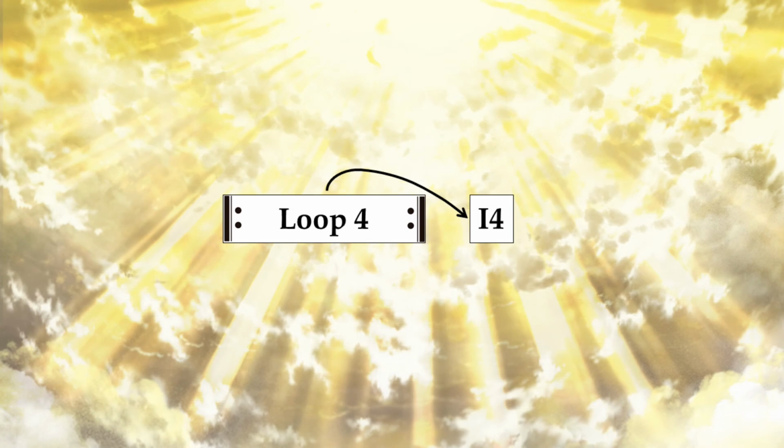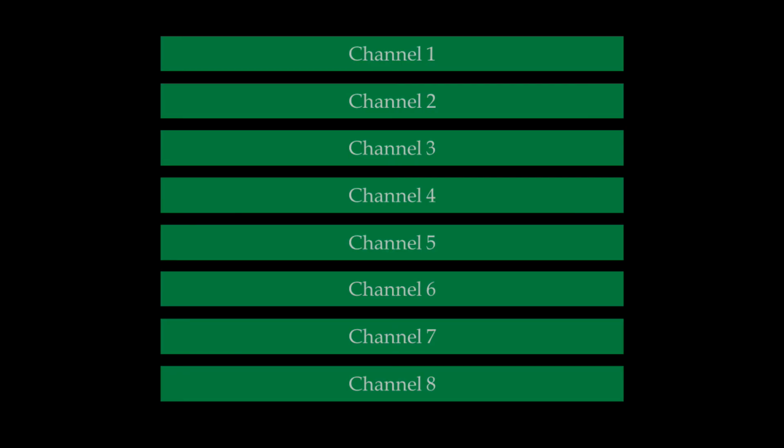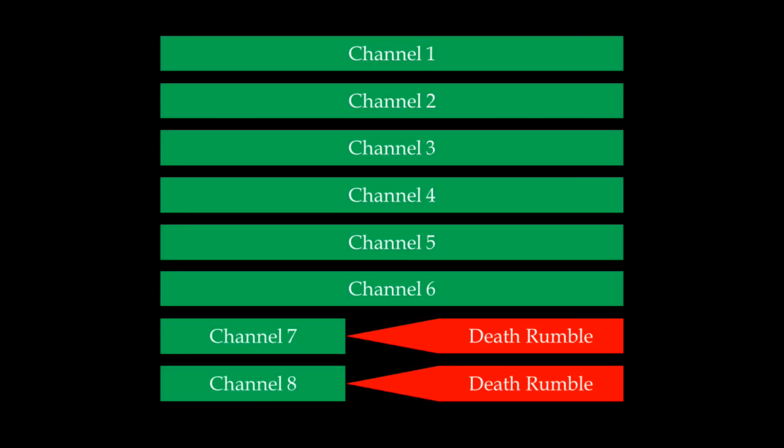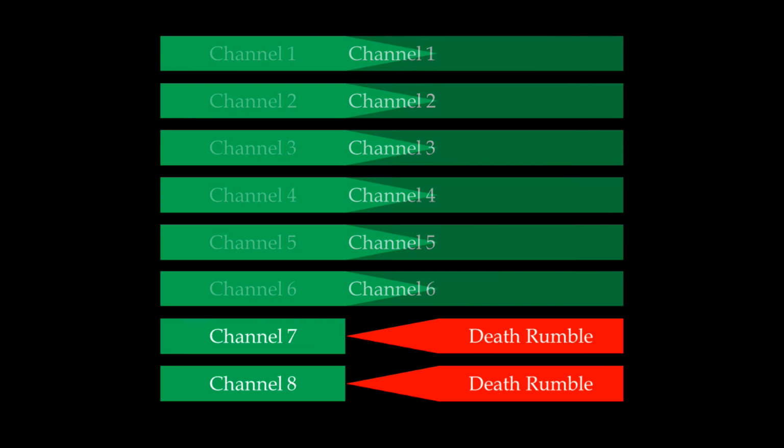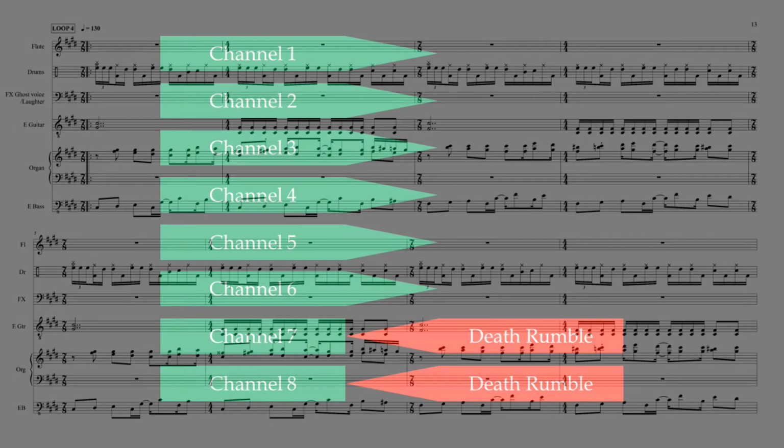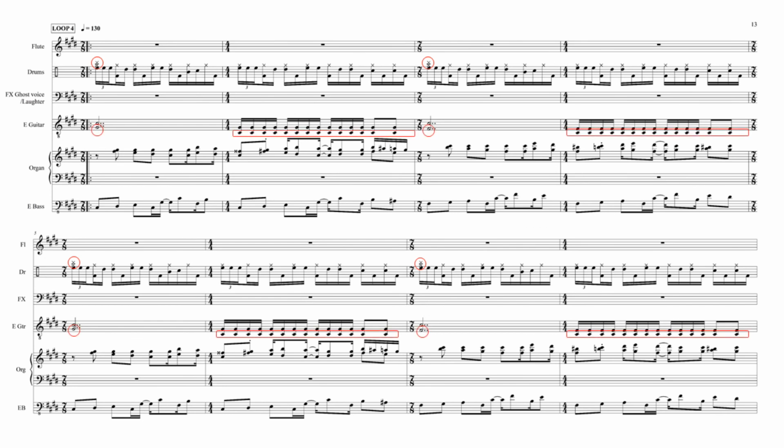The last transition comes when Kefka is killed. This one too is on cue, but this time with a crossfade, or almost a crossfade. There were only 8 channels to use on the SNES, and the 4th loop used all of them. So, when Kefka dies, channels 7 and 8 stop playing music and start fading in the death noise, while channels 1 to 6 fade out. Channels 7 and 8 contain the crash cymbal, the lower part of the guitar, and most notably the flute. But the loss for those few seconds is quite comparable to the voice stealing of the regular sound effects.